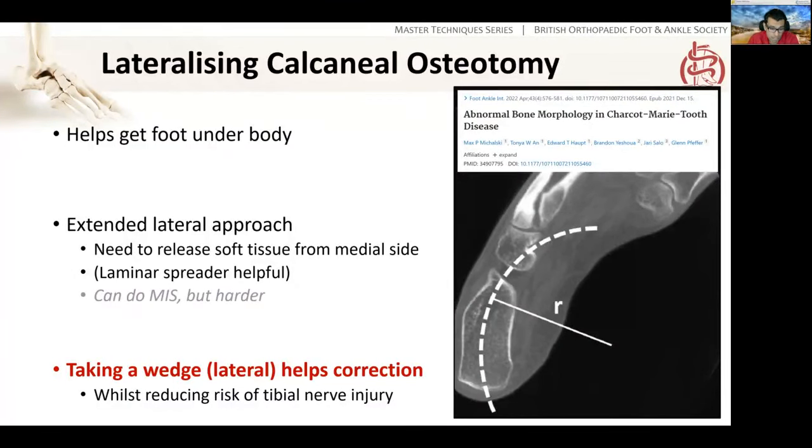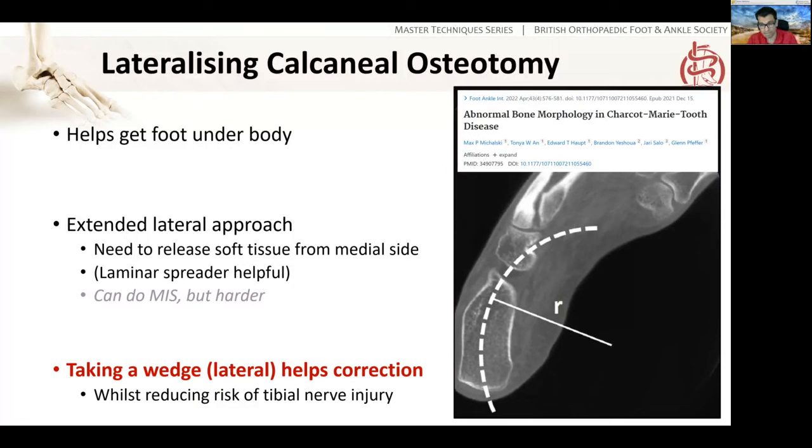You need to release the soft tissues from the medial side. So I often put a laminar spreader in after completing the osteotomy, open the gap up, take a little osteotome, go out to the medial side, and really separate the soft tissues on the far side to allow a good shift. I always take a wedge because there has been a recent paper which suggests that there's abnormalities in the